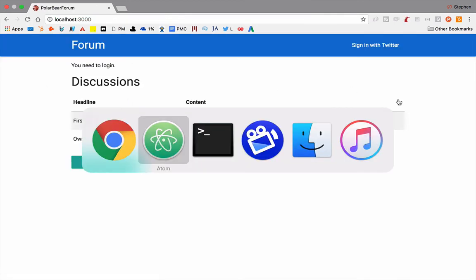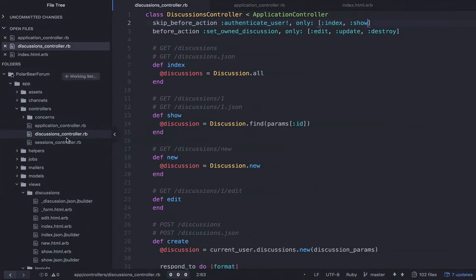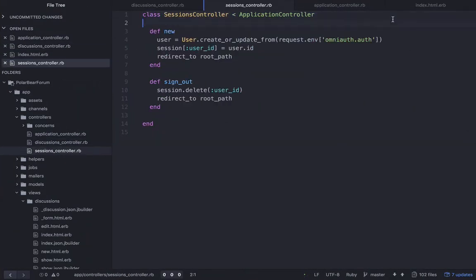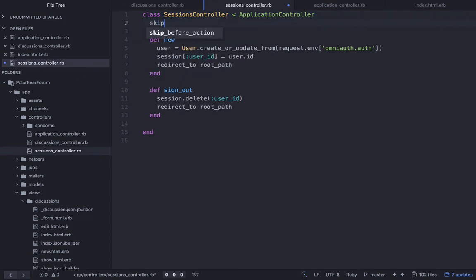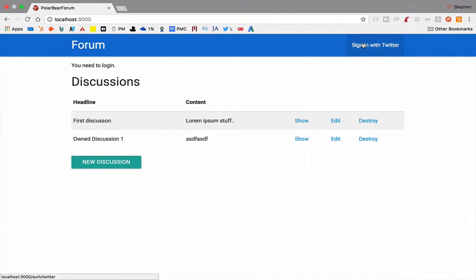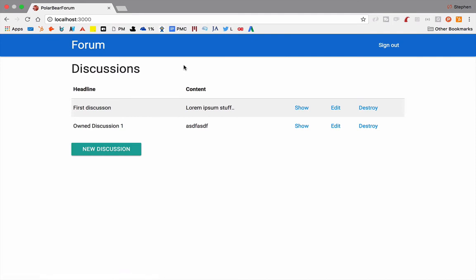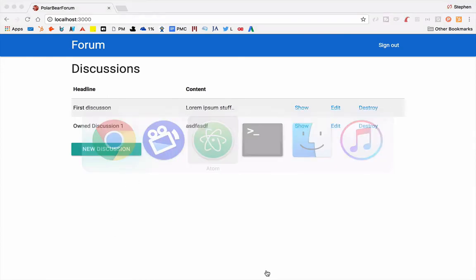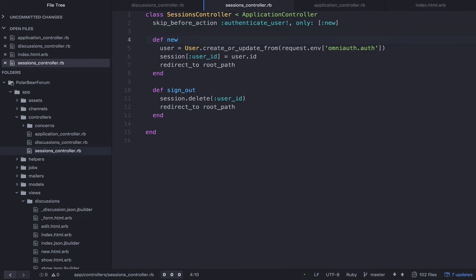well, actually, I screwed that up. We need to go to our sessions controller, and we want to skip_before_action authenticate_user, and we want to do that only on the new action. So if I click sign in with Twitter now, it'll kick me back and say, hey, that's okay, and now I'm in. Cool. So basically what happened there was, back in the sessions controller, it was trying to call